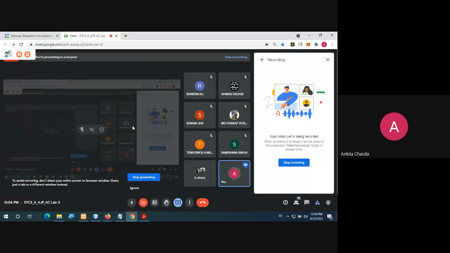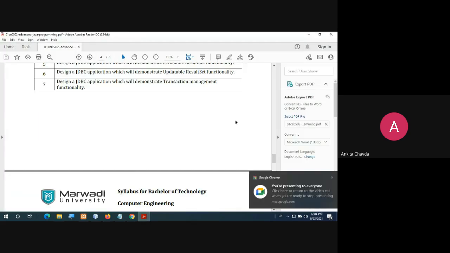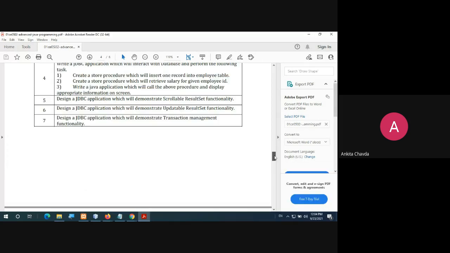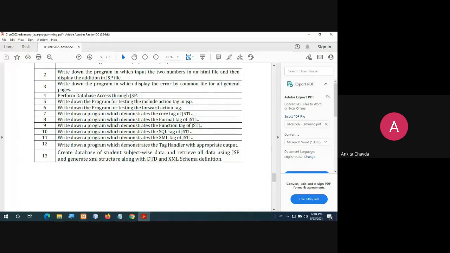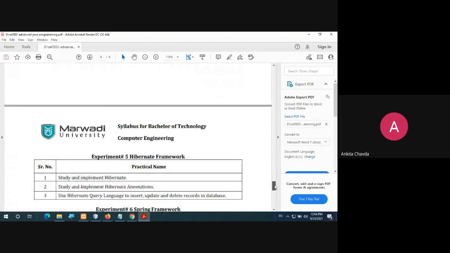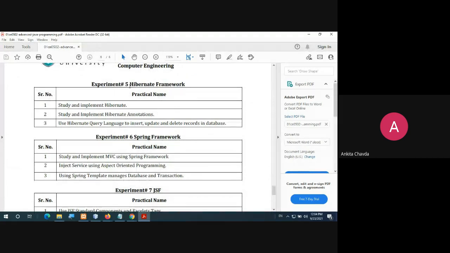It's good afternoon now. In our previous lab, what we have done is all about JSP, right? We have finished JSP, JSTL tags, and everything. Now we'll start with Hibernate and JSF today, and we'll try to cover Spring. If not, then I'll arrange an extra lab tomorrow. We will finish Hibernate and JSF for sure today.